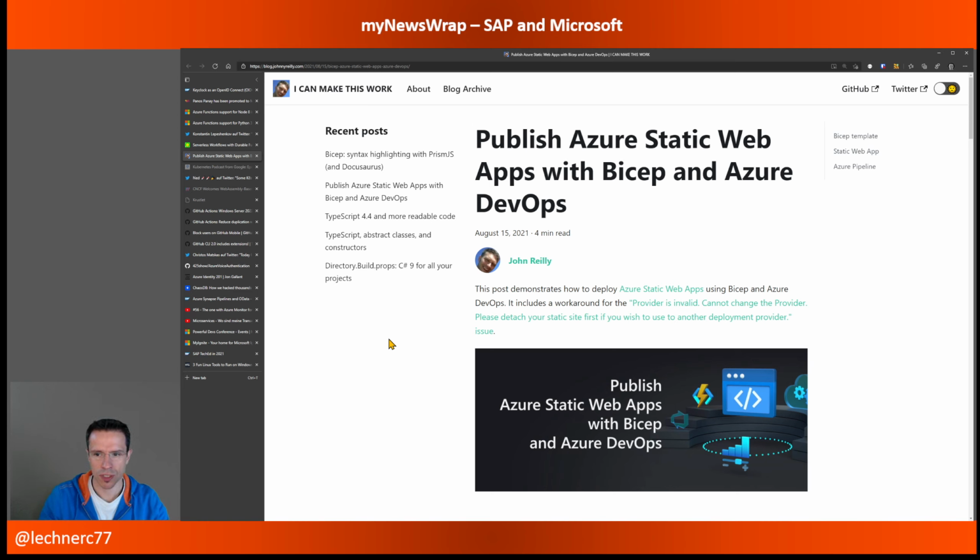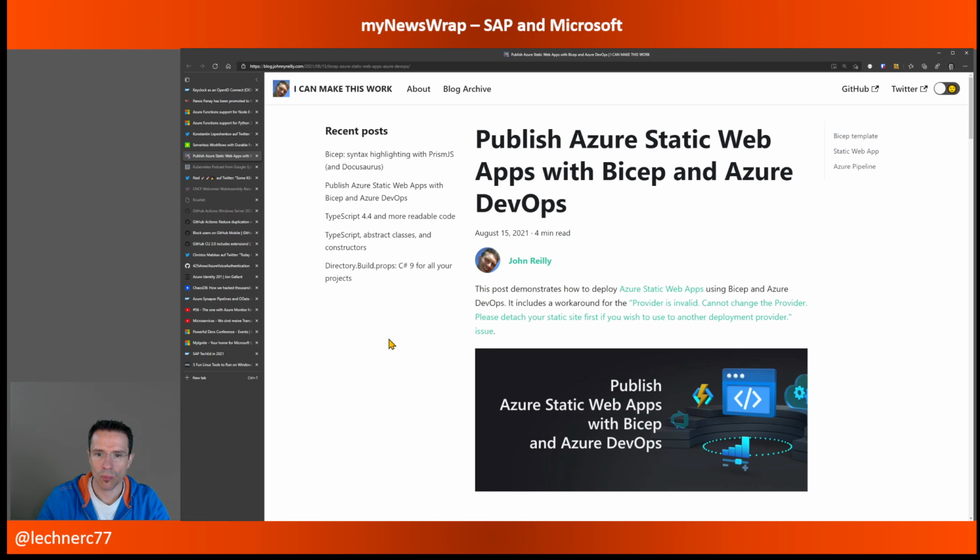But this combination might also be worth a look, especially if you are heavily using Azure DevOps and do not want to switch, for example, to GitHub. Then this blog post is definitely worth reading. So yeah, something that I think is valuable.